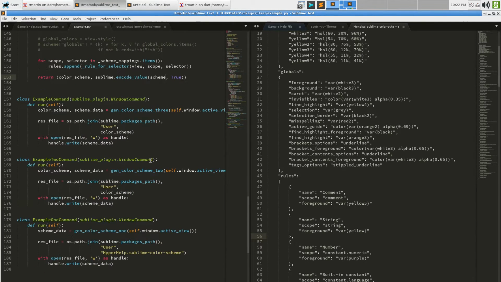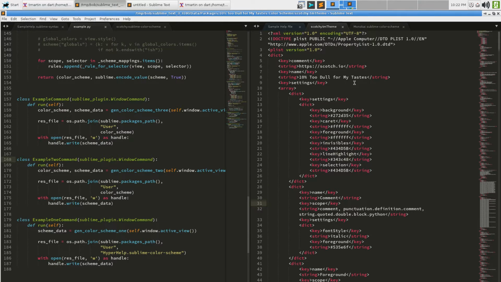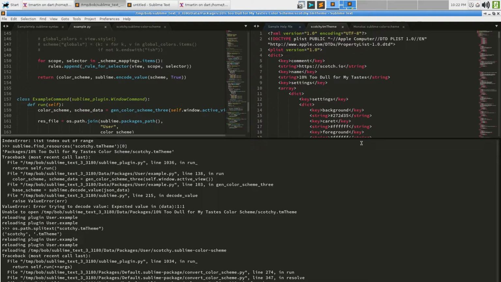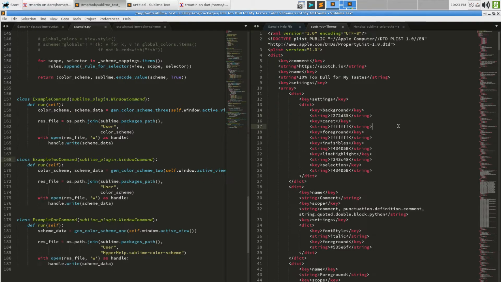Now there is actually potentially another way to go in this TM theme fallback thing. And we're going to note if I have this color scheme open, I can say convert color scheme. And yeah, let's use HSL variables as colors. And this is an example of a color scheme that's broken. You can see I got a problem here. Value error, invalid hex color. Something in here has a hex pair that's not valid.